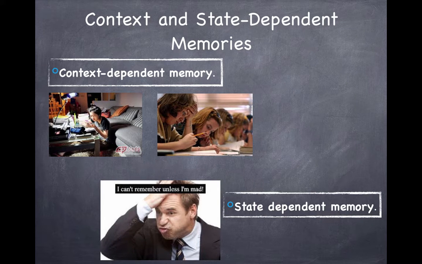And state-dependent is the information is easier to recall when a person is in the same emotional state when they were learning it. Students exposed to a spider and/or snakes while they were learning a list of words have a tendency to recall those words better when those creatures are present during recall. Now, you could try to create a comfortable setting in your home, say, to study, and then bring some of those things that can be innocuous to the exam and place them in front of you. You know, some jelly beans that you have at your home, you bring them. Those could help bring a more state-dependent memory recall, perhaps.